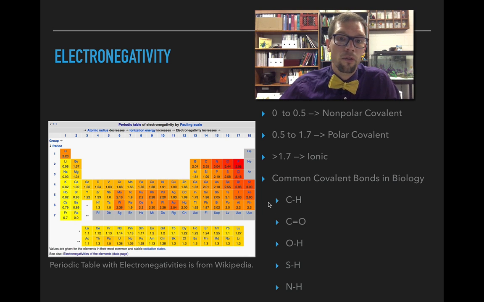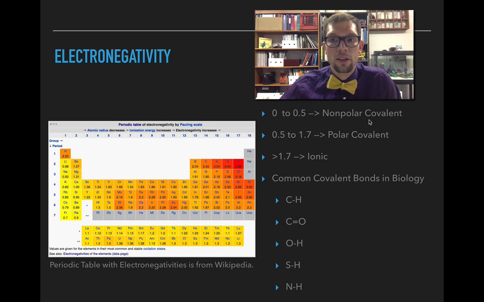Now, the 4 most common ones are going to have high electronegativities, which means that they'll hold on to their electrons fairly strongly. Now, if we look at how the bonds are going to interact, if you have 2 elements that are drastically different, they're more likely going to steal them away. So if we look at the different electronegativities, we can classify